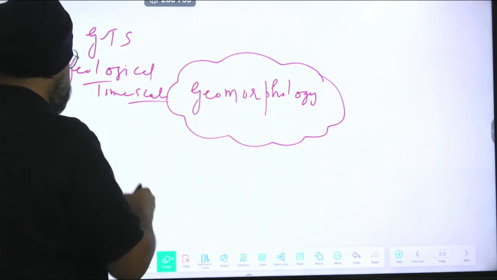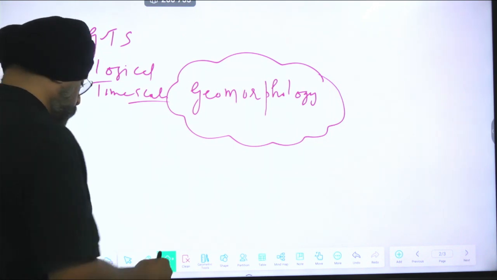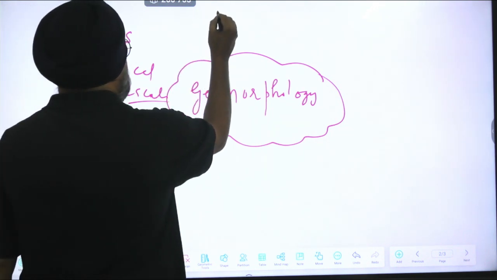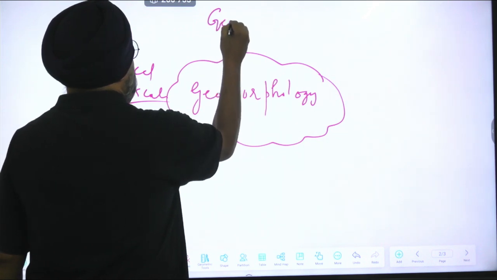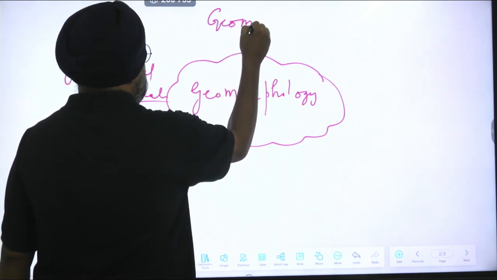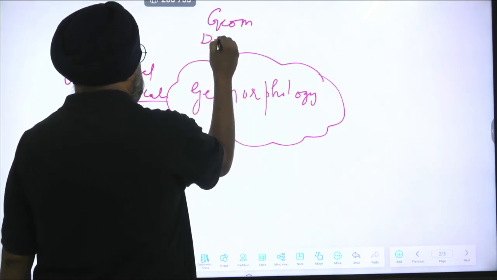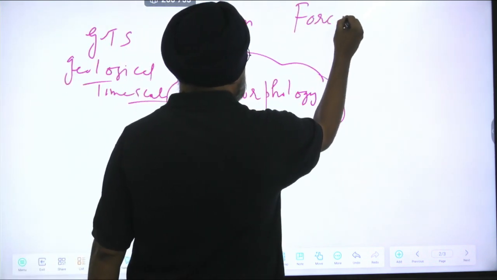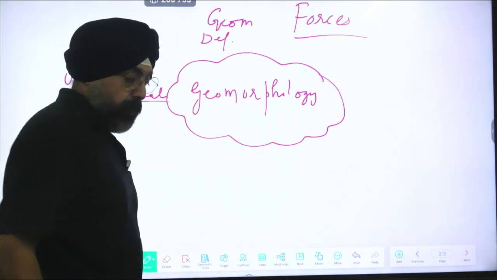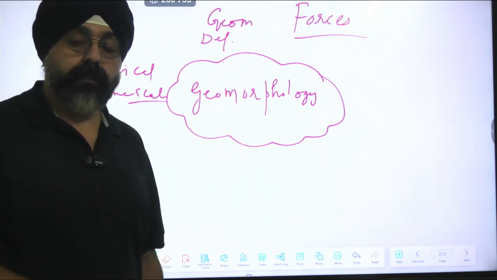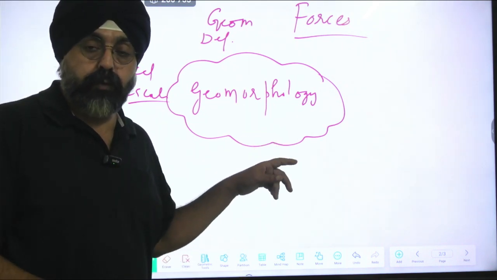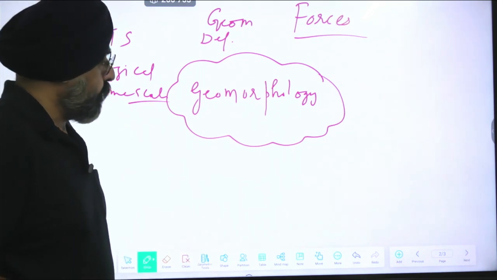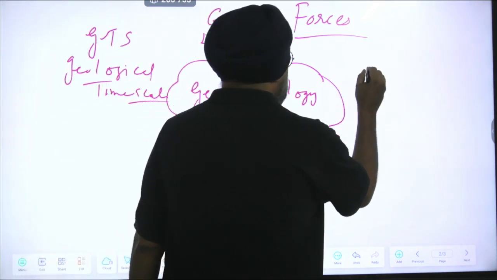The very first thing is geological time scale. And the second one is definition of geomorphology. Third one is forces. How many types of forces we are having? That diagram that we have to draw today, this is basically the syllabus of geomorphology. Then we are having